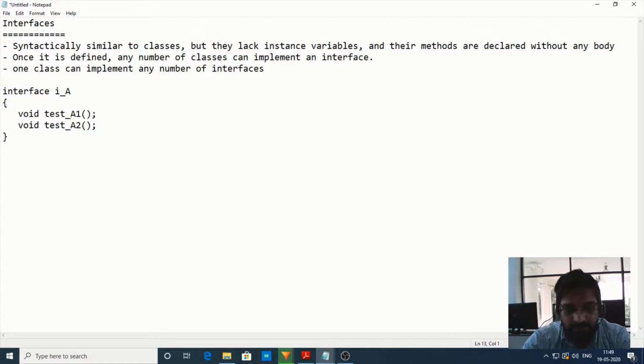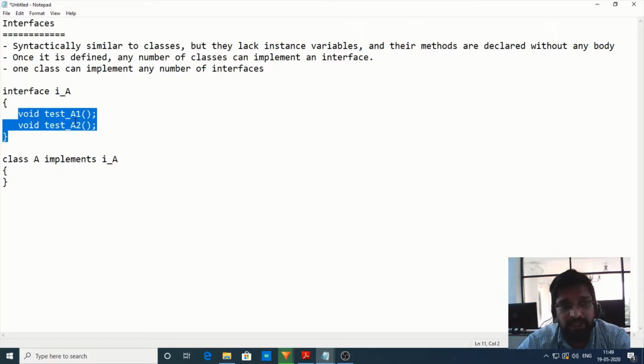For example, let us assume I have a class called A, and this class A wants to implement the interface called I_A. When a class wants to implement any interface, it needs to implement all the methods which are present in the interface.